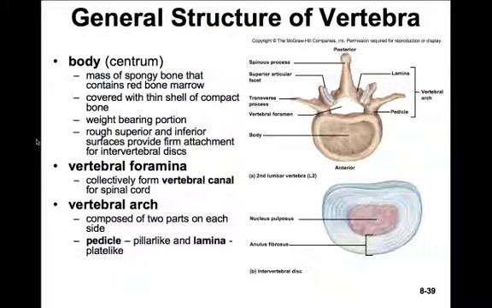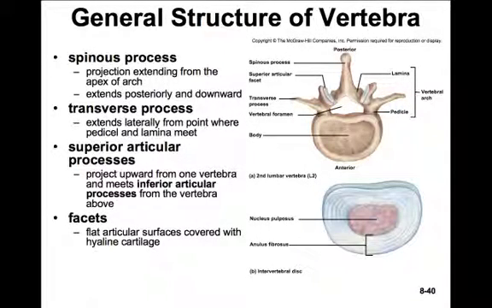So each vertebra has the same general structure. It has a body and a vertebral foramen, or hole, through which the spinal cord goes. What surrounds the foramen is the vertebral arch. The vertebral arch is composed of 2 portions, the pedicle right here, and the lamina, which is sort of the tent-like portion on each side. There are spinous processes extending from the apex of the arch. These are the bumps we feel down along our spine,